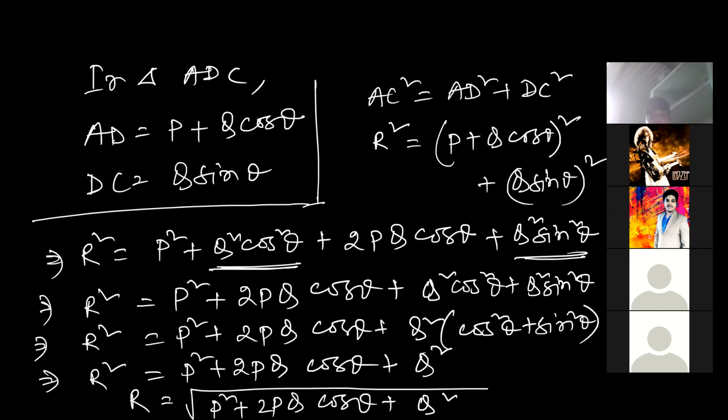Now we are proceeding to some small questions which can be asked from this concept. One more important thing is that in this formula, the P square, Q square, 2PQ, whatever I have written, they are in magnitude form. That means if two vectors are given to you, at first you have to find out the magnitude, then you have to substitute their values in the given formula. Let me give you one example, then you will understand it well.